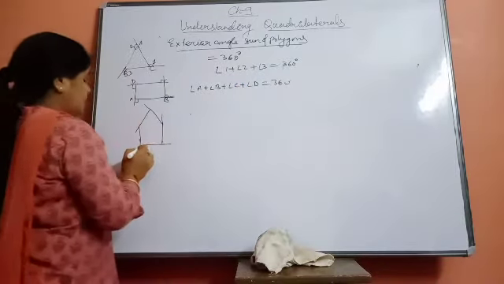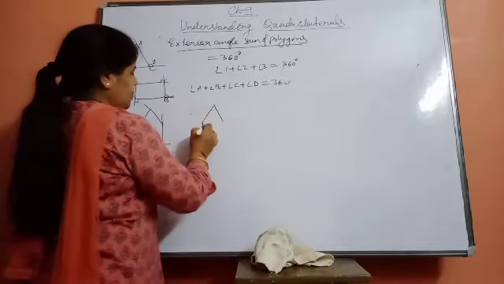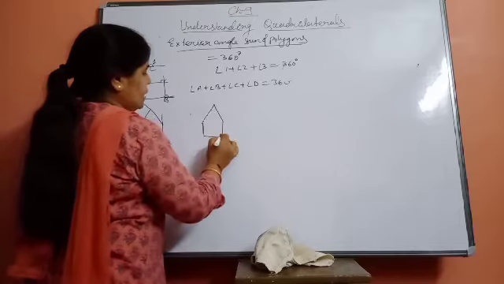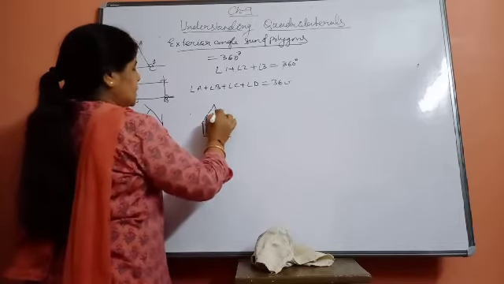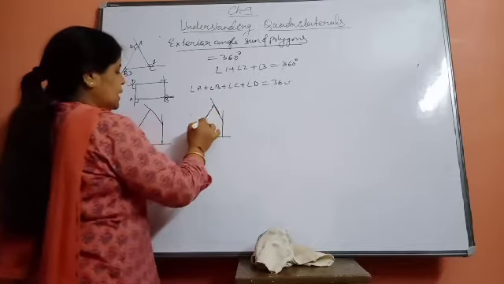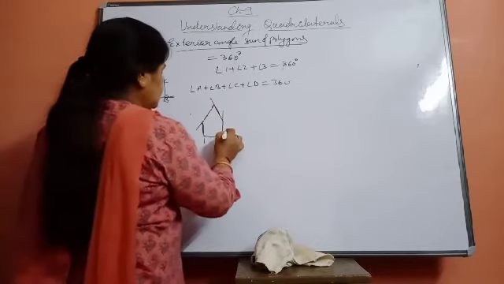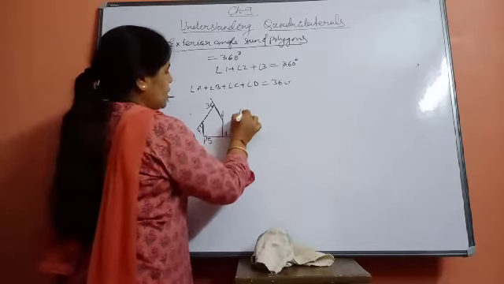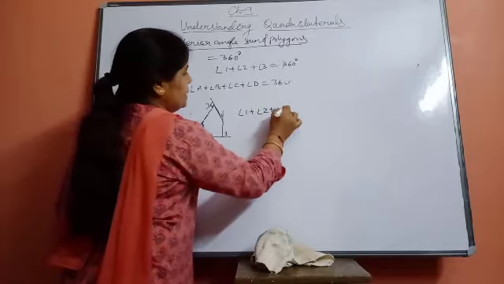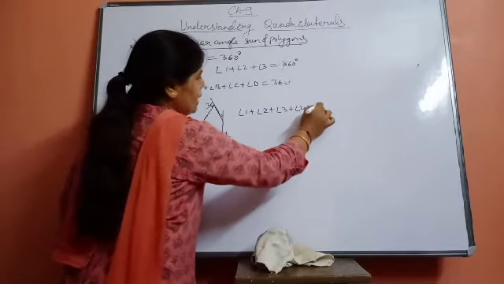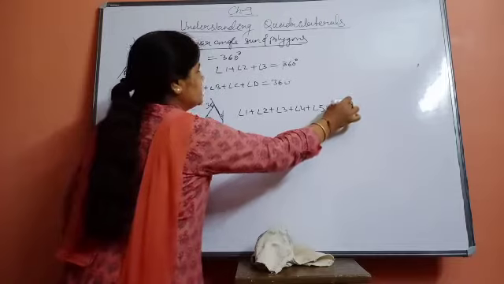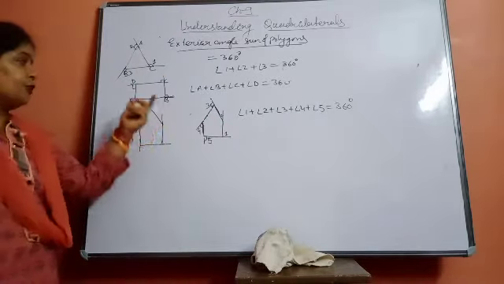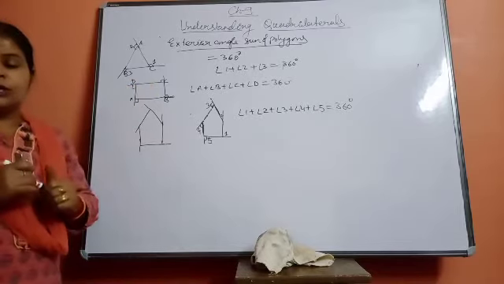Now see, in the case of the pentagon I made it in this way. Here we have extended this side, then this side, then this side, and then this side. You can see this is angle 1, 2, 3, here 4 and here 5. So angle 1 plus angle 2 plus angle 3 plus angle 4 plus angle 5 is also equal to 360. Similarly for the hexagon, octagon, for all of them the outer angle sum will be equal to 360.